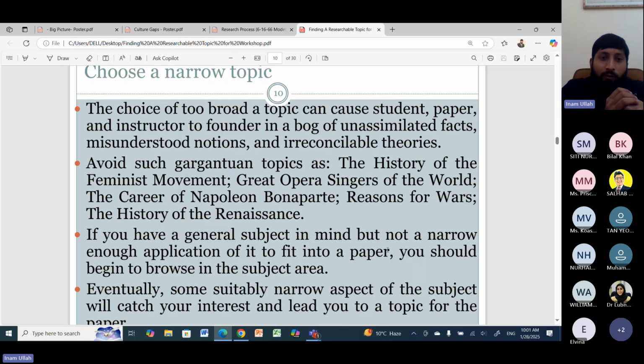Another thing is we should avoid such gargantuan topics as the history of the feminist movement, the great opera singers of the world, the career of Napoleon Bonaparte, reasons for wars, the history of the Renaissance. These are a few potential broad topics that I have given you. They are very generalized, and you could write books upon books, and there will still be gaps that you may not fill up. So this is why we need to avoid these